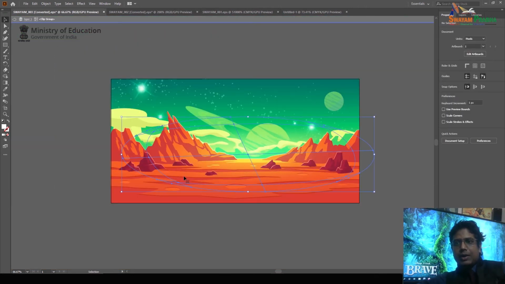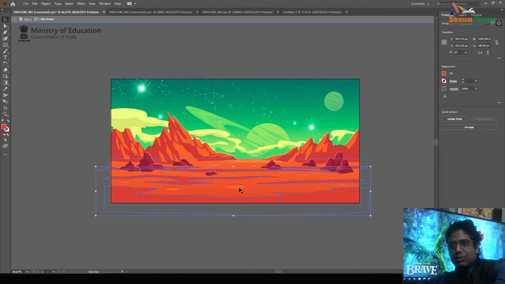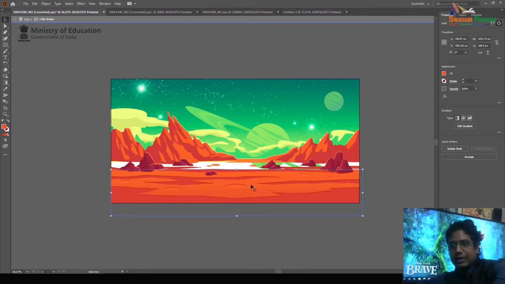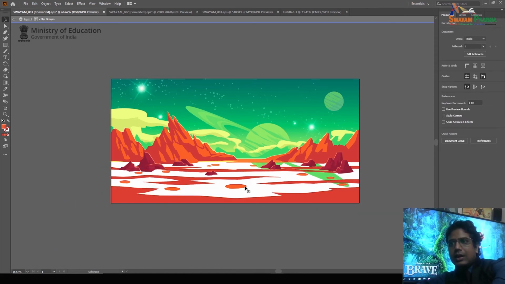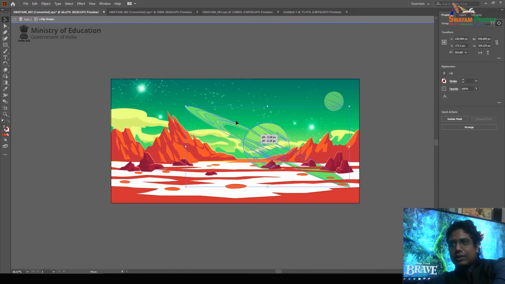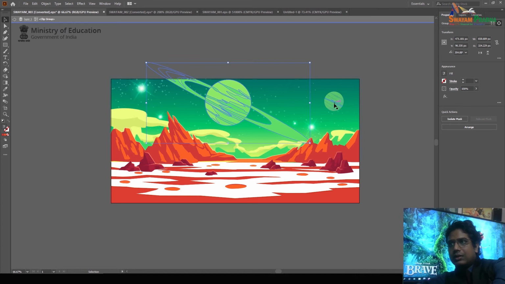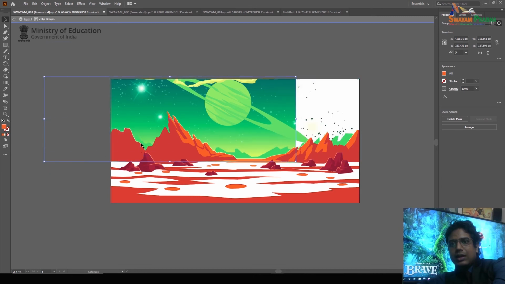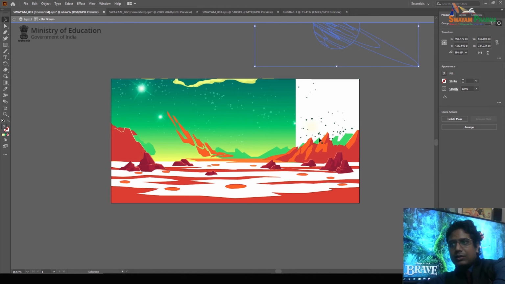So here, part by part, we can create all the elements. You can check out that all these small elements have been created in different layers, and later on we merge our data, and the result looks like this. Here you can see this is the data, we can move it, yeah, this is the other planet here. So individually, part by part, we created all the data, and then you can lay out the elements, and finally the scene is created.